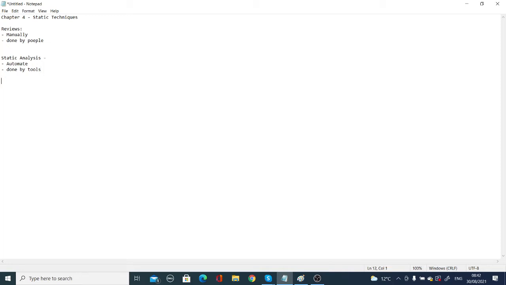If you do reviews manually or you do static analysis, they both look for defects in work product documents. Any document, specification documents, use cases, user stories,